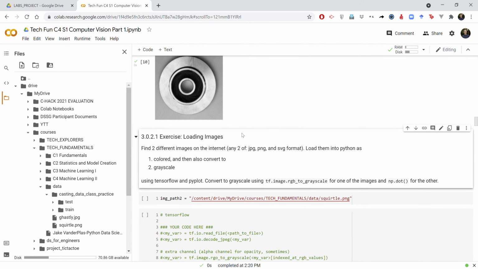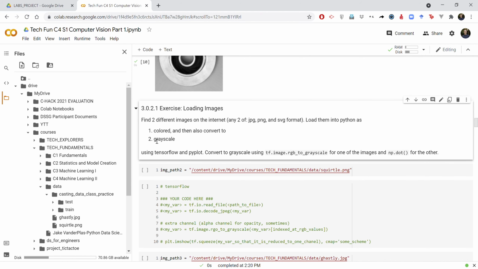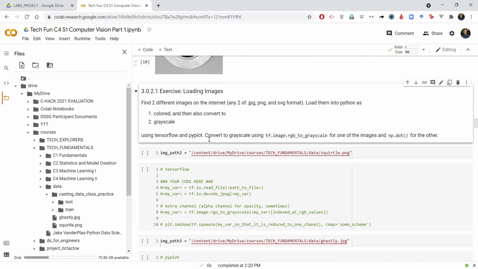All right, exercise here. Find 2 different images on the internet, any 2 of JPG, PNG, and SVG format. These will be the most common formats we read and write to. Load them into Python as a colored image, and then also convert it to grayscale using TensorFlow and PyPlot. So I want you to use those 2 methods. Convert to grayscale using the method we saw above, rgb_to_grayscale, for one of the images and np.dot